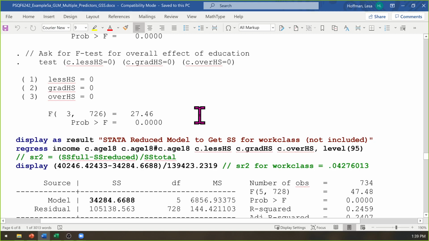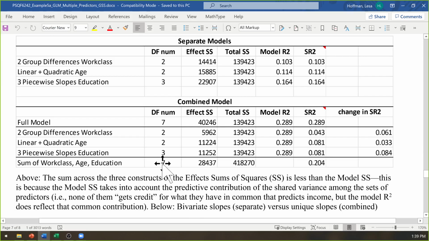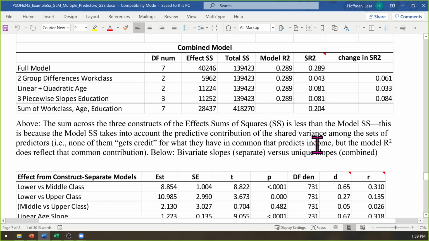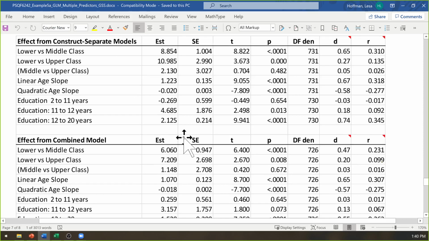Yeah. And so then here is a table that shows the difference in what we found for each of these predictors by itself in a bivariate relationship versus what this example shows them when they're all put together again. So in separate models, each of the effects accounted for more sums of squares and a higher R square than when they're jointly together. And then here's the difference in the coefficients from separate models versus the combined model. Just making the point that the difference between bivariate and unique is greater to the extent that your predictors are more related.